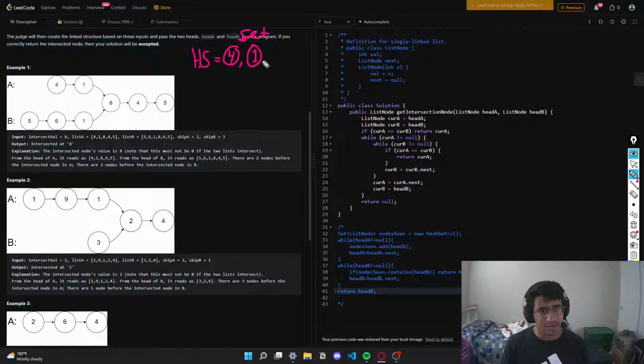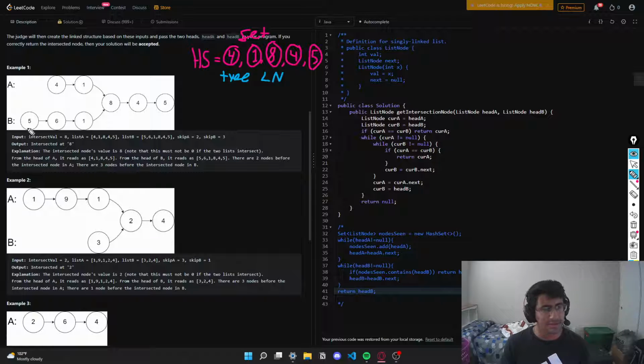So 1, 8, 4, and 5. So these are all node objects. So I'm going to say type ListNode for the set. Then we're going to say while head B is not equal to null, if nodes seen contains head B, return head